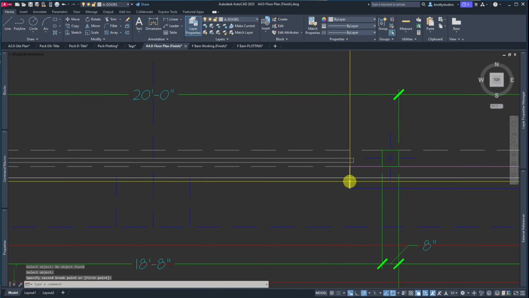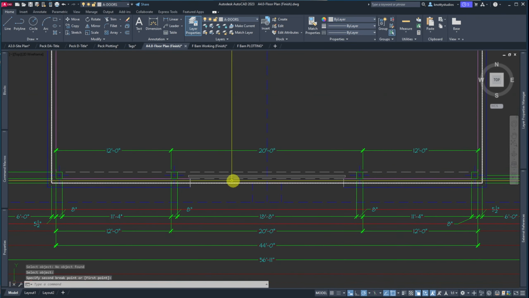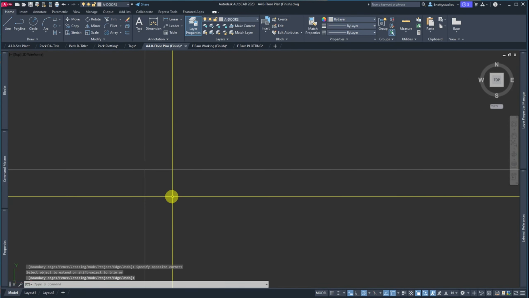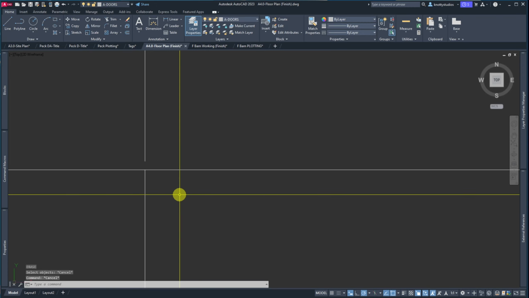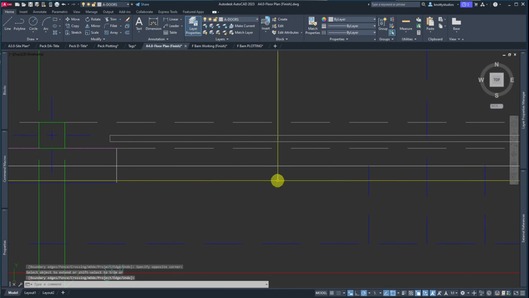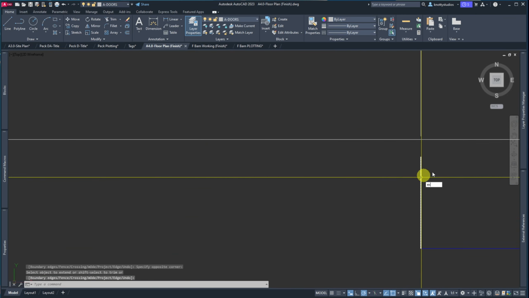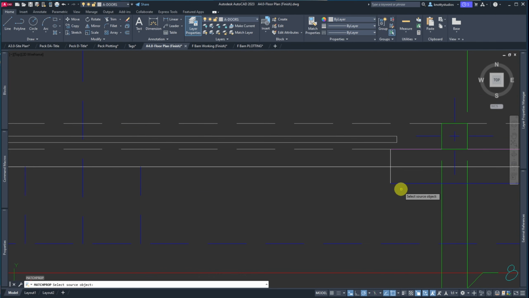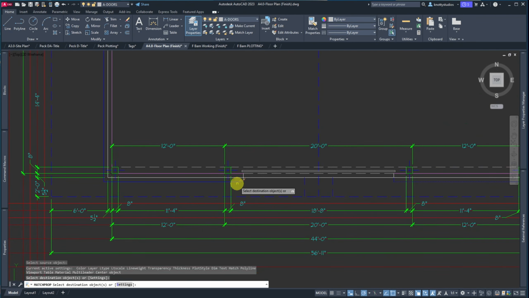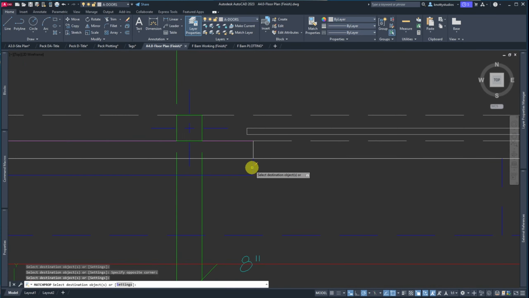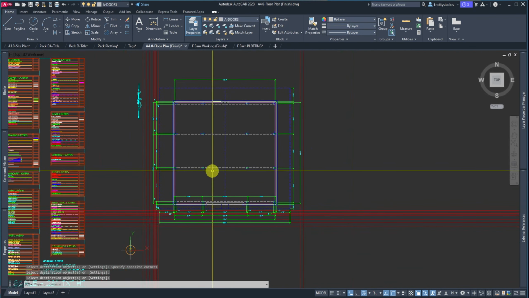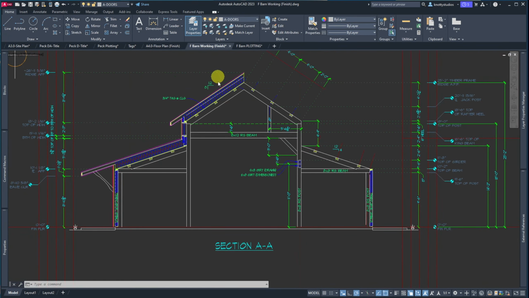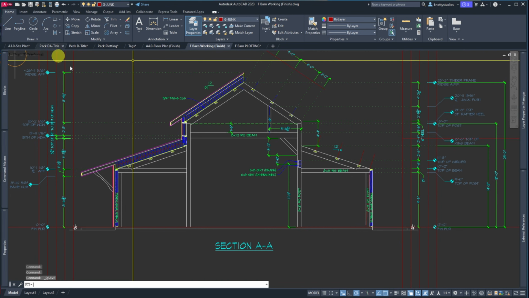Just because these are different layers, the blue and the white. And I'll over here and extend it. Looks like that one. Weird spot. Didn't break right on the line. This one's neither. And then I just match properties on the front part. There. And now that that is set, I can go back to my working, make a quick loop, save,